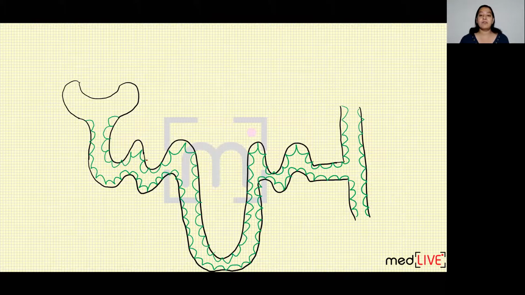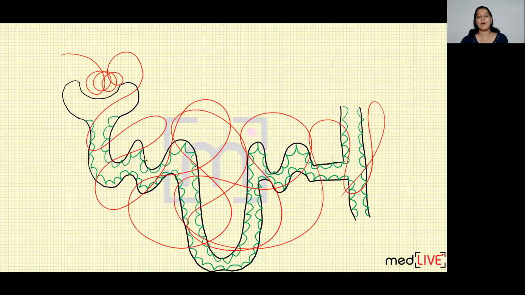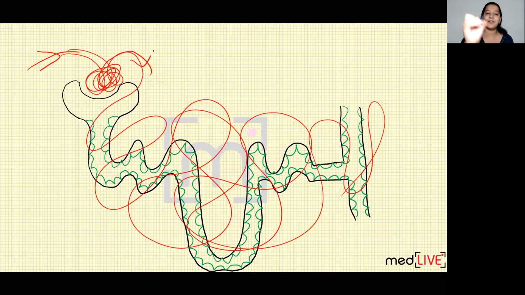Correct. Now I will draw the afferent arteriole, which comes and forms a tuft of capillary. The efferent arteriole will leave, and that efferent arteriole will form vasa recti. So I will connect the diagram. Can you see in this diagram? This is the afferent arteriole entering inside the Bowman space, forming a tuft of capillary. The efferent arteriole is coming, and it is forming vasa recti.